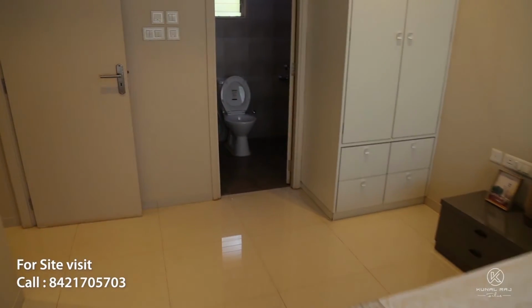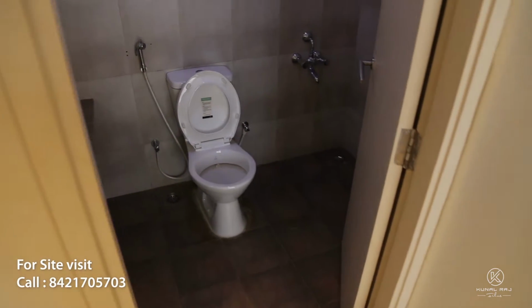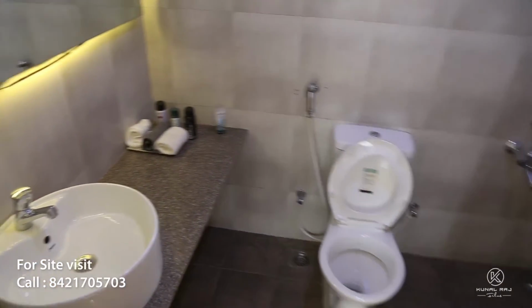There's an attached washroom here. Anti-skid tiles and premium range of Jaguar washroom fittings. This is an 808 square feet carpet area, 2 BHK large and